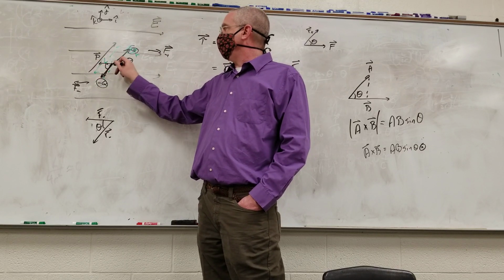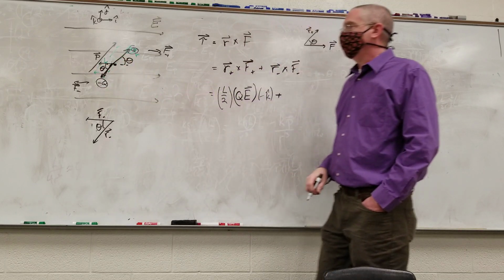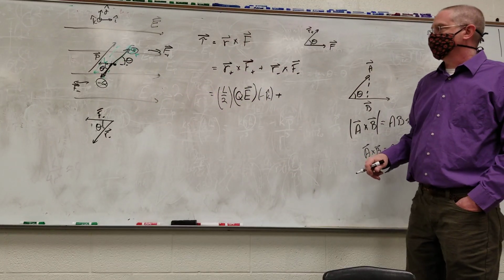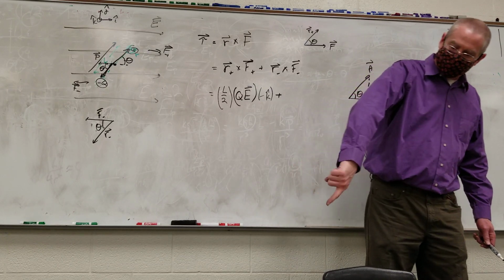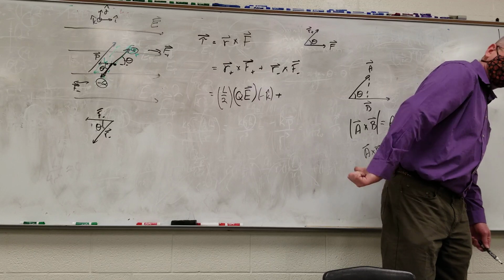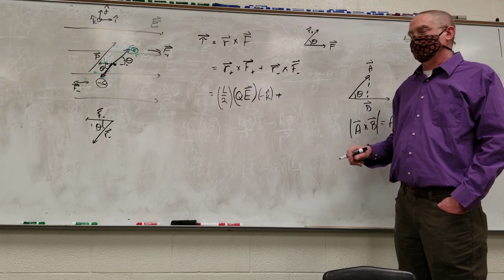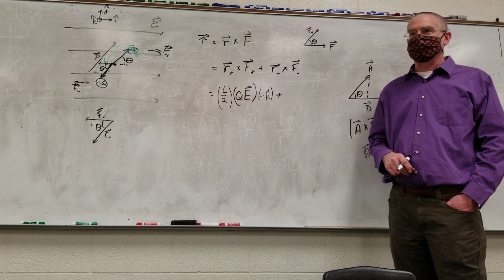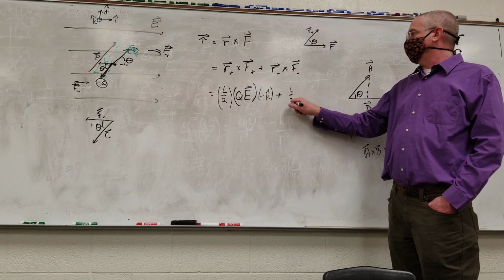Not drawn particularly well, but those are congruent angles there. So R is going down that way, F is going this way, so R cross F puts us into the board again. That's a good thing, because the magnitude will be the same. If it was the opposite direction, we'd end up with 0. So this is L over 2